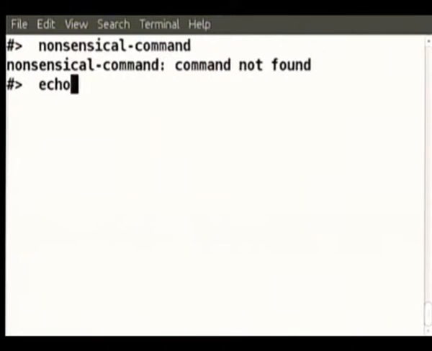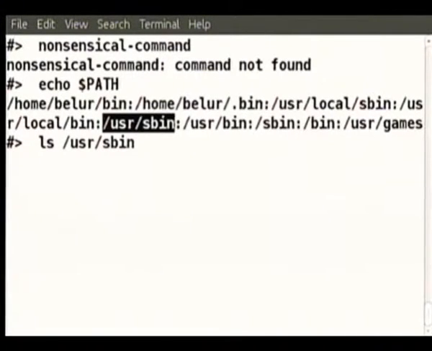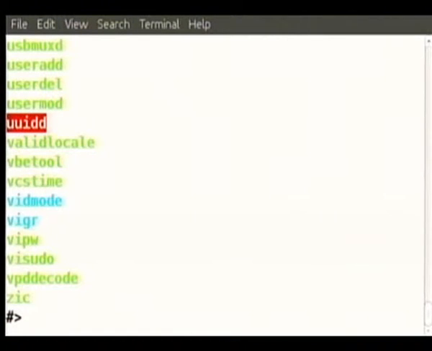It means these are all different directories. For example, look at this, whatever is highlighted. This is a particular directory. Why don't we list it? You can go to such a directory in your computer. Most of the entries are shown in green, some in blue. Blue ones, it appears, are directories, but green ones are all commands. They all have execute permission. We listed all the files and directories inside this directory.